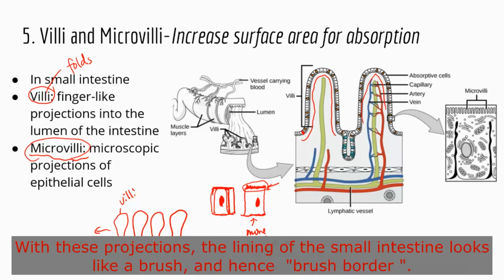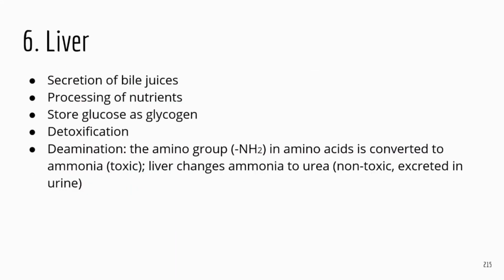All right, now, again, the villi and the microvilli are there to increase surface area so that we can better absorb nutrients, and it will provide more ground to have digestive enzymes to digest food. Okay, next structure, liver. So liver is a pretty important organ, so that's why I want to have a separate slide for liver. I've seen not too many questions, just one or two questions on the liver.